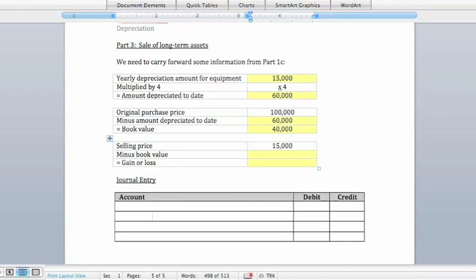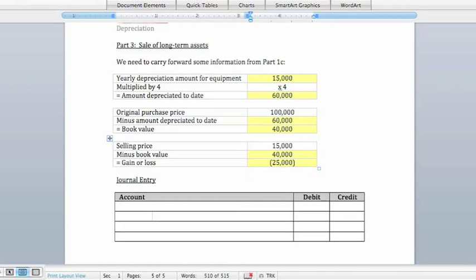So when we sell this asset for $15,000, we can subtract out that book value, and what we see is that we're going to have a loss of $25,000 because we're getting a lot less for this asset than we currently have it carried on our books. And so if this was opposite, where we were selling the asset for more than our current book value, then we would get a gain. So in this case we have a loss,